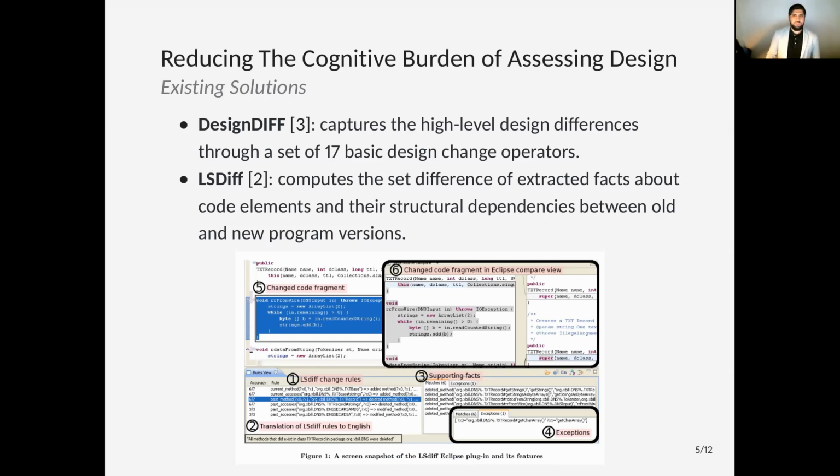Or the second option is that they maintain a sort of mental model of the architecture of the system and how the different components are interacting. And this places a large cognitive burden on the code reviewers, which slows them down and makes the overall process a lot more difficult.